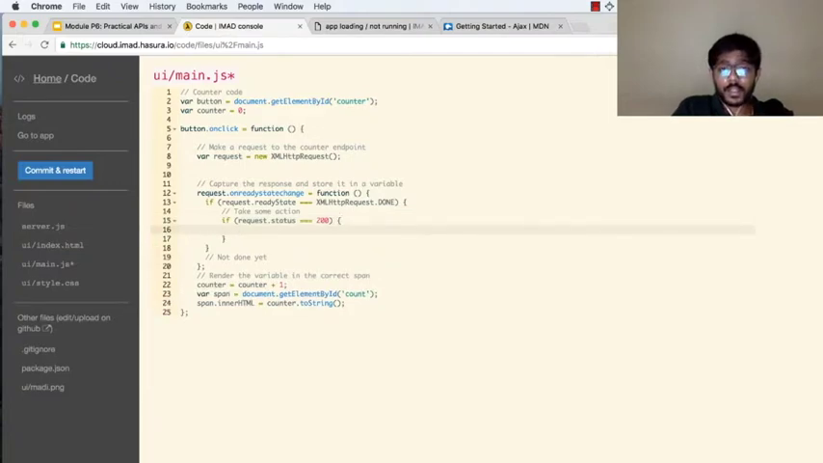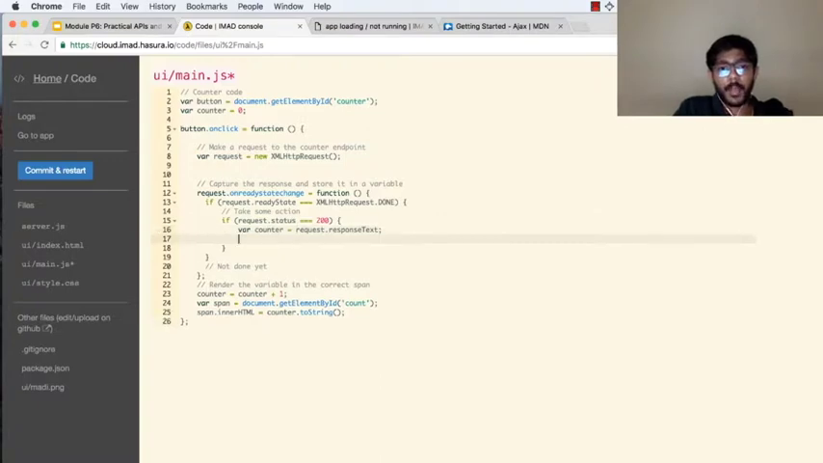Now if the request status is 200, that means the request is successfully completed, right? And then what we want to do is extract the value from this request. So we want to capture the response text, so we'll say request.responseText, and this gives us access to the response value, which will have a number, and we'll say var counter is equal to this response text, right? And then what we'll do is we'll change